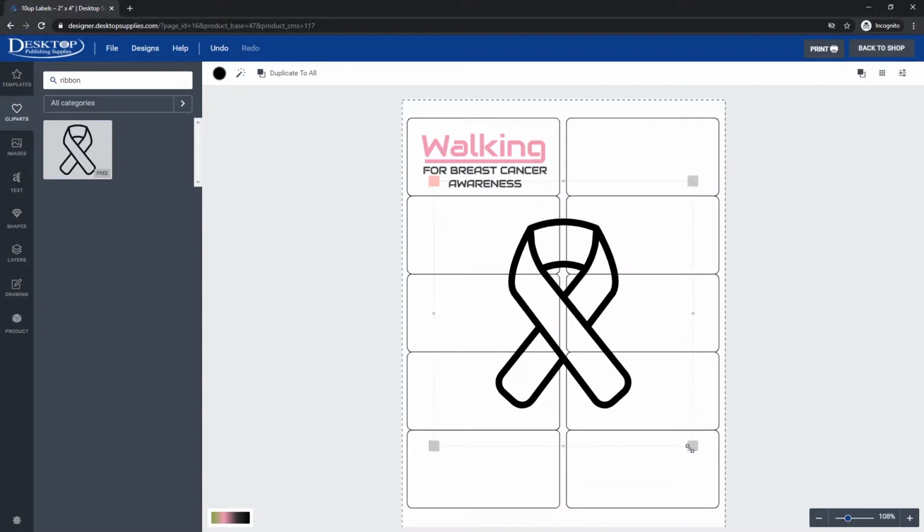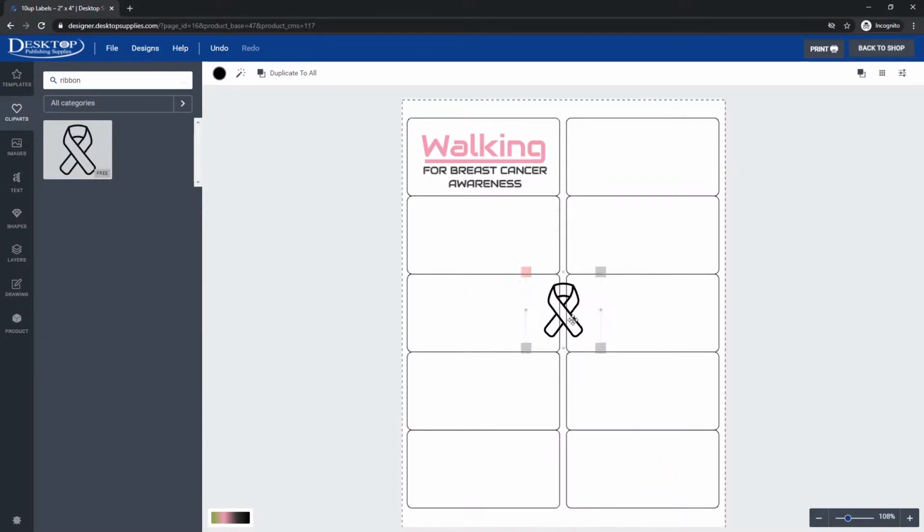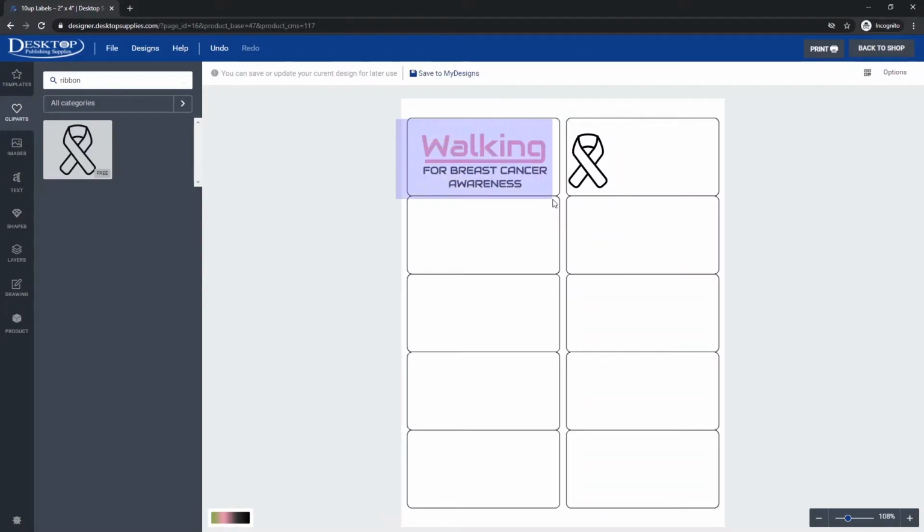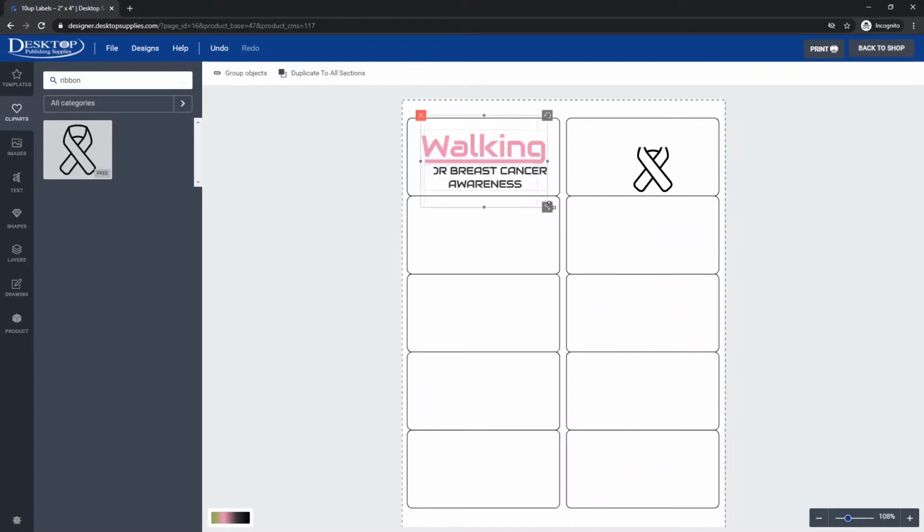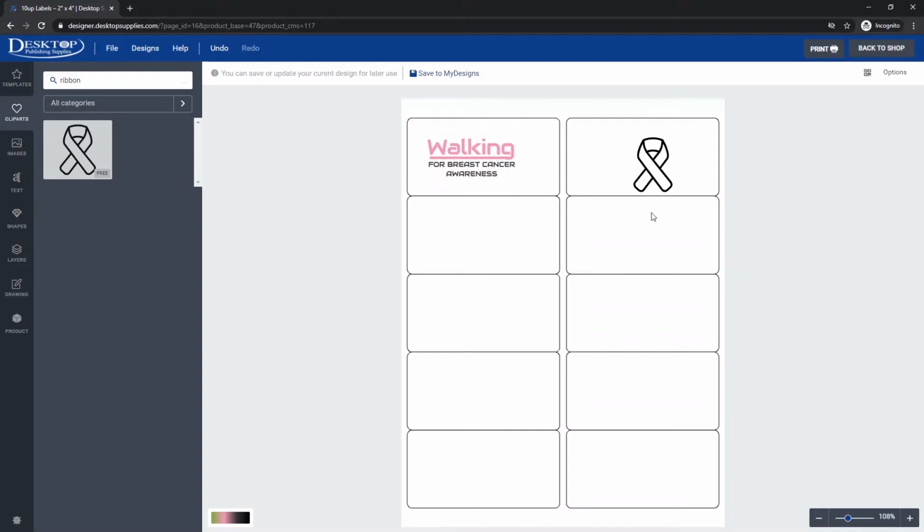Now I'm going to go ahead and shrink this down, and I'm going to actually adjust it and move it into our design here. So let's shrink this down a little bit here. Put this over here. I'm going to take this element and shrink it down and put it right to the right for our example